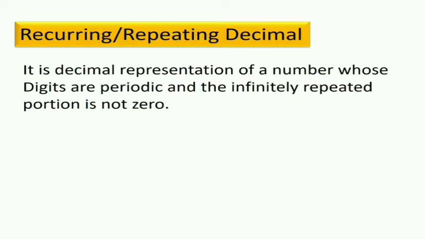Such as 1.123 ... Here 123 is being repeated. That is 1.123 bar.